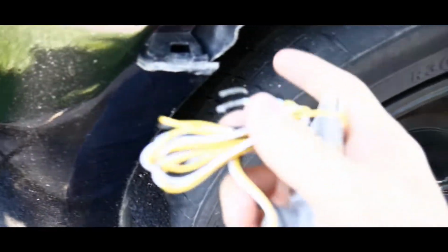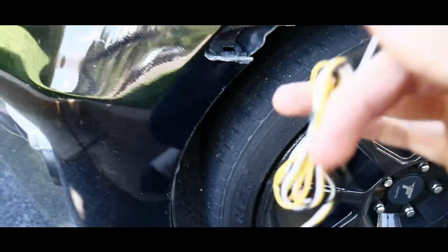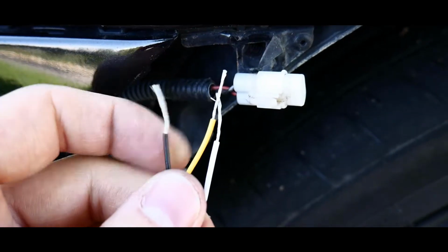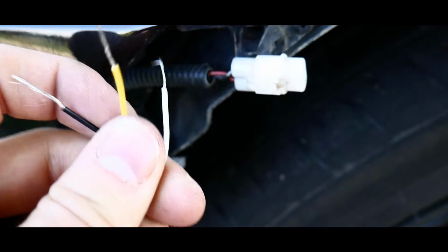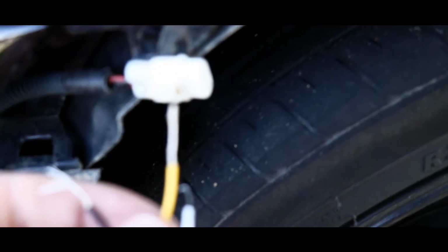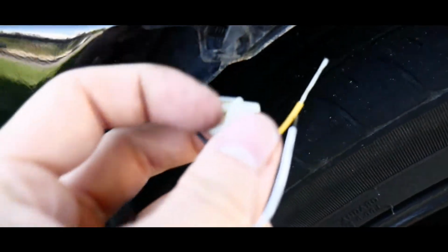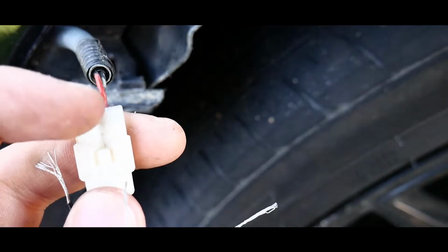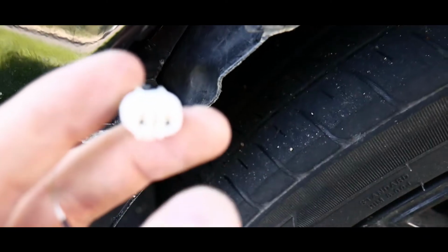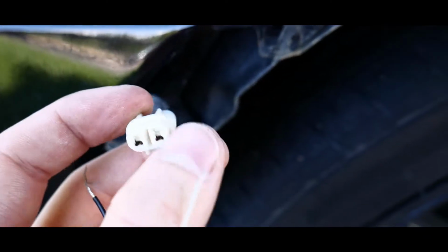So these cables that you guys have, okay, you have 3 wires with this side marker. You have your black, you have your yellow, and your white. Your white is the one that's going to be connected to the headlight, and then this yellow is going to plug into your red wire, and your black's going to go into your black. So my yellow wire will go into this port, and then my black one will go into the other port. You're basically just going to pop those guys in there, and you should probably electrical tape them all up,